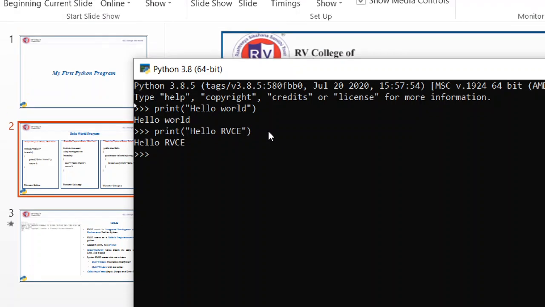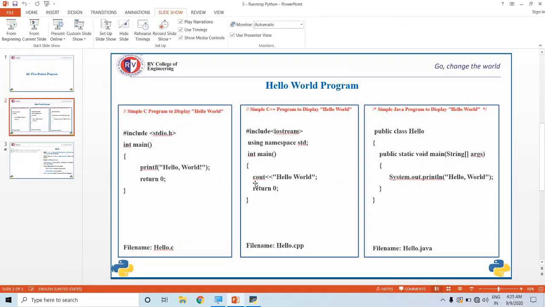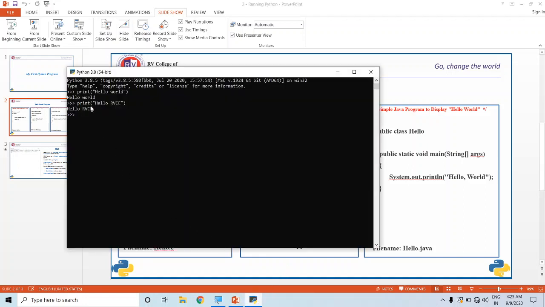Another important thing in Python is that to print hello world in C, C++ or Java, we require the main method by default, otherwise we will get a syntax error. But in Python, there is no need of writing a main method at all.